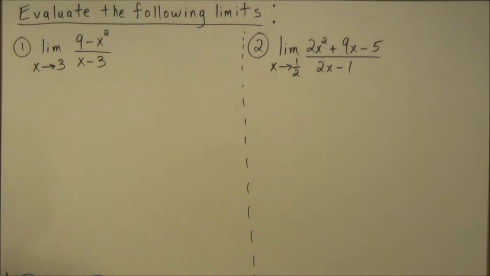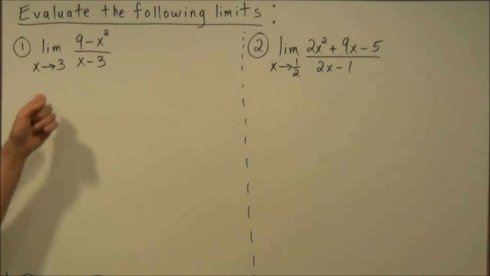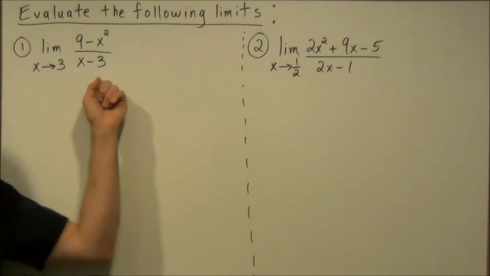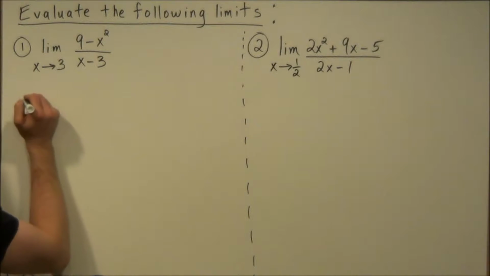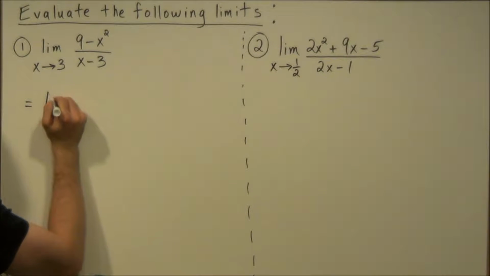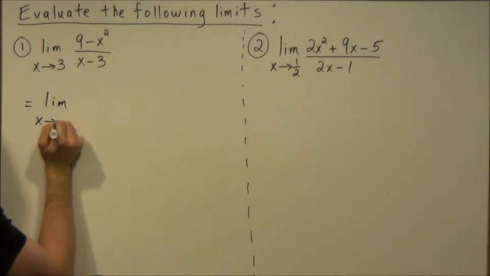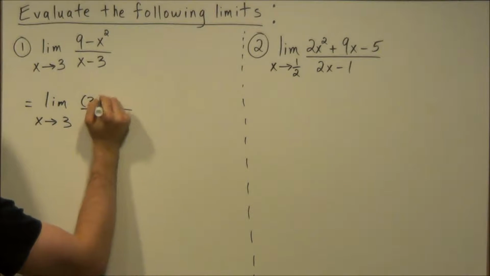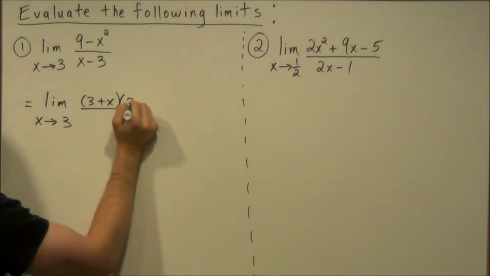So we have, evaluate the following limits, and for the first one we have the limit as x approaches 3 of (9 minus x squared) over (x minus 3). So we're going to break this down using the difference of two squares factoring technique. So we could rewrite our numerator as (3 plus x) times (3 minus x)